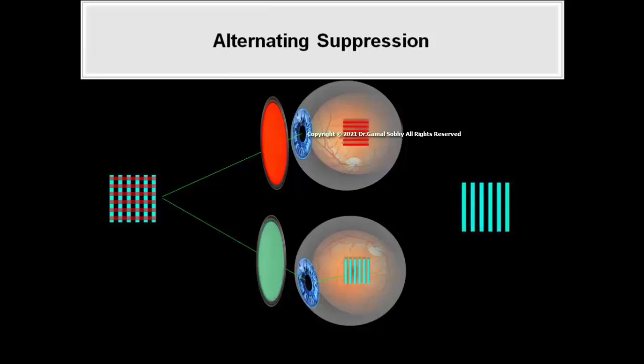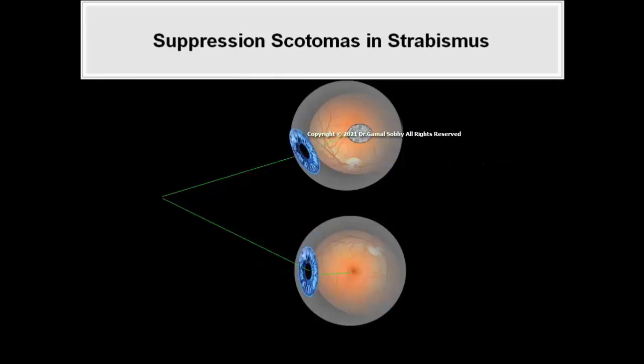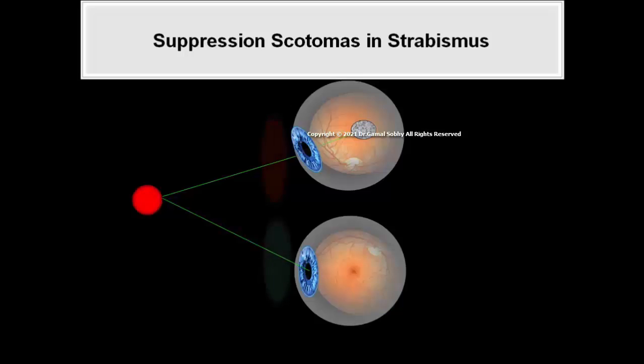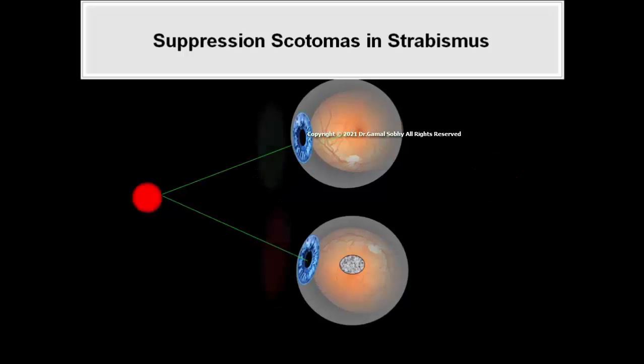This permits monocular and alternating suppression to be detected. In strabismic patients who have monocular fixation, scotomas are found in the deviated eye, but in patients who have alternating fixation, scotomas are found alternately in the two eyes. Perimetry can be done with any type of haploscopic device that allows scanning of the retinas to detect the presence